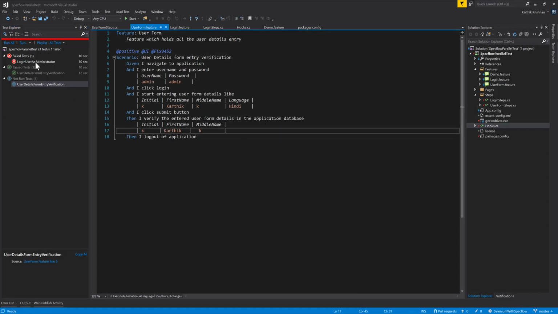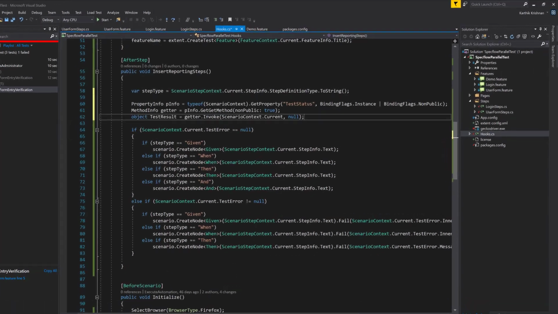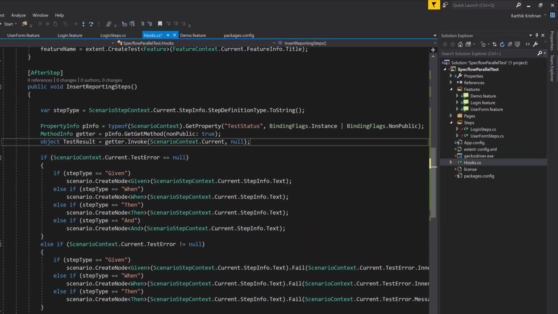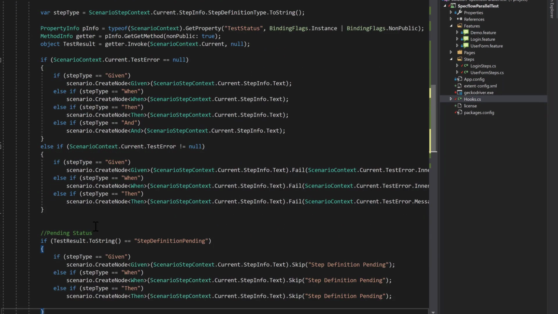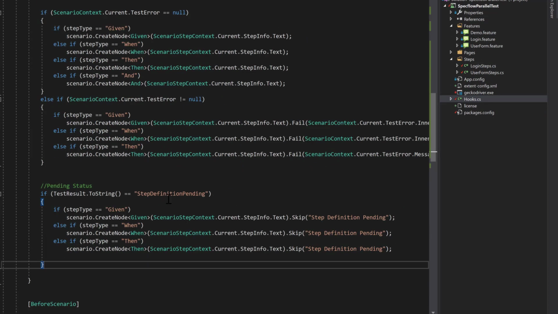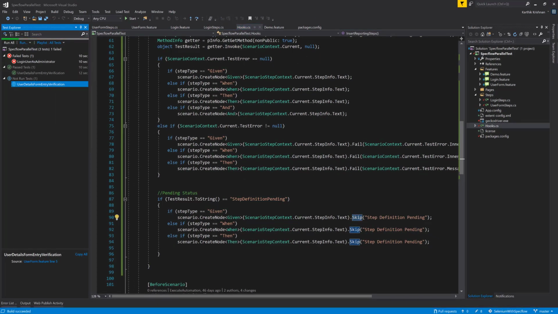So for doing that, I'm going to make use of our reflection, as I said. Again, I'm not going to type the code again and again because it's there already in the slide. So I'm just going to copy paste it over here, and I'm going to create a pending status if condition here because it won't fall under the else if condition. So this is the skip version. If the step definition pending comes in here, just call the skip method, pretty much exactly the same code as the failure here, right? So if I run this scenario,